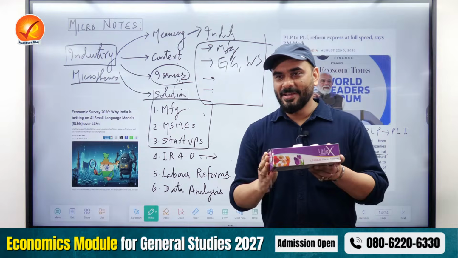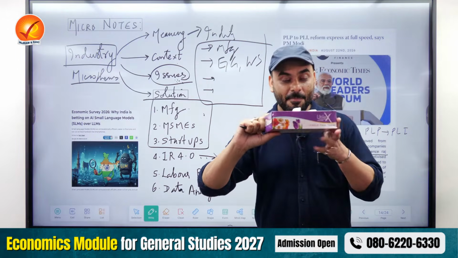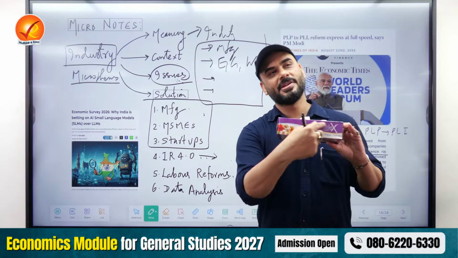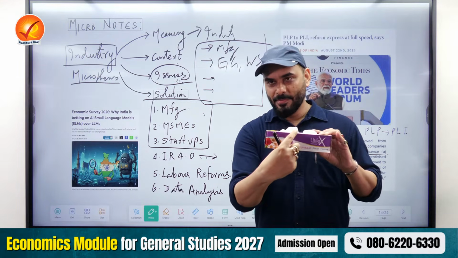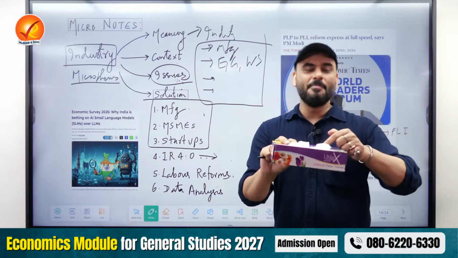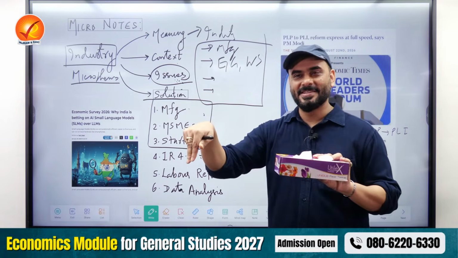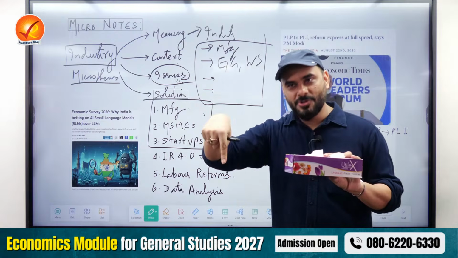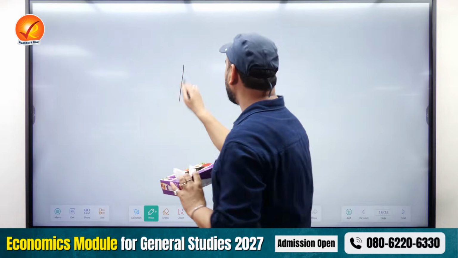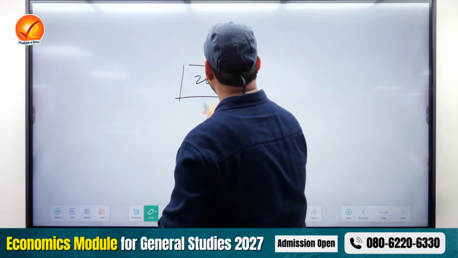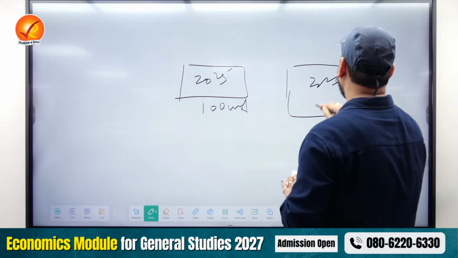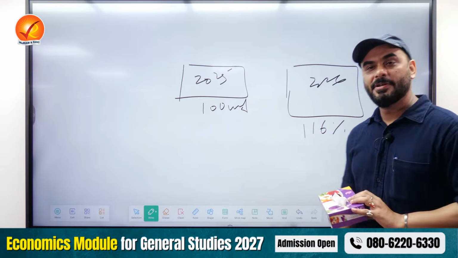This gives me the volume of the number of items produced in India in 2025. So suppose that number of items here, number of items is volume, produced is 100 units of everything taken together. I will take the same box for 2026 and I will find out this year how much volume was produced by the same industry. So in 2025, suppose that the volume produced was 100 units. In 2026, the volume produced is 116 units. What is the jump?